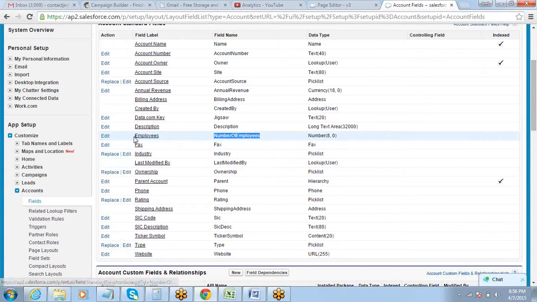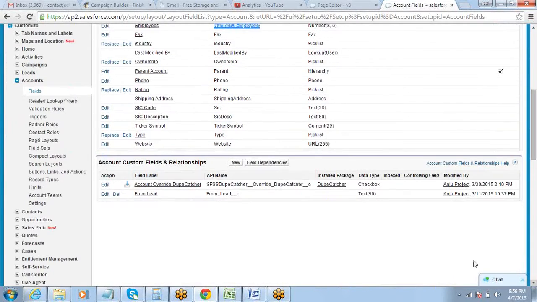See, label is employees, field name is number of employees. So you want to display number of employees, you have to say account dot number of employees. Got it? In case you have created a custom field, then you have to use the API name for that.